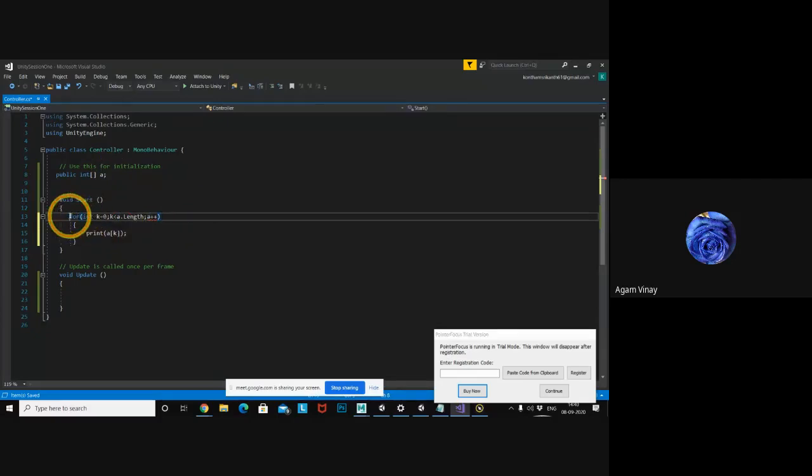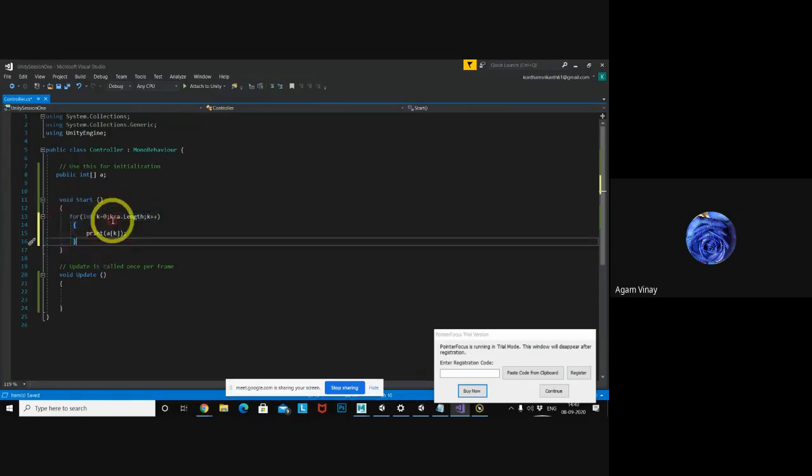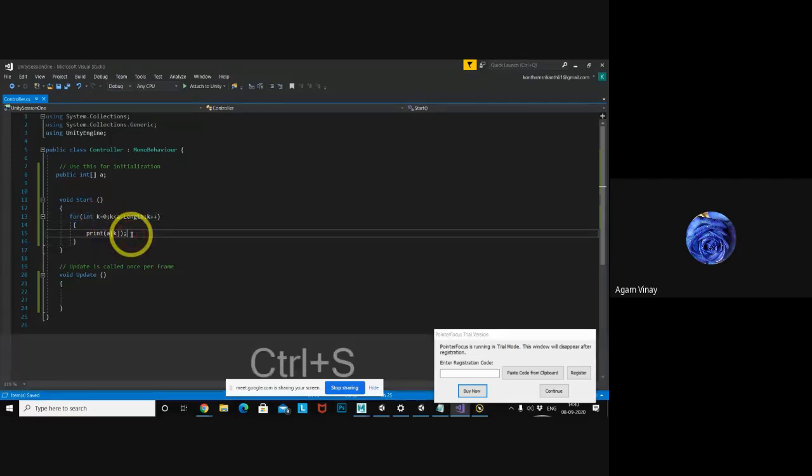Now I wrote a for. Here I am declaring an integer starting with k equal to 0. So k should be k less than the next condition: initialization, condition, increment or decrement. This is the syntax, like you know already. So up to the length it will print.